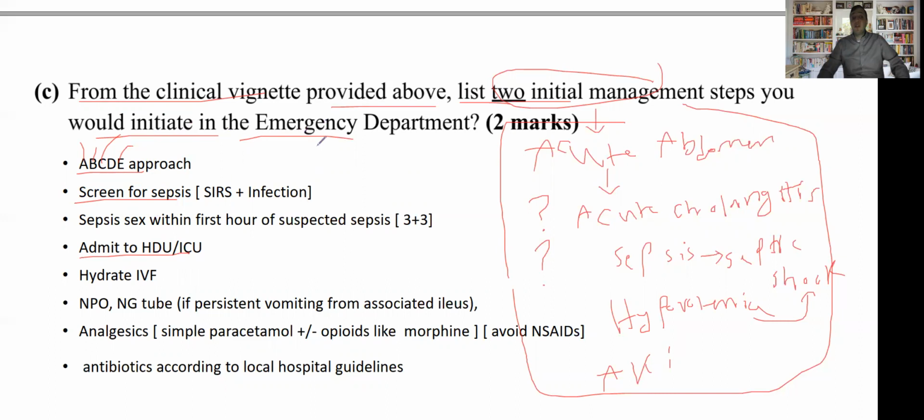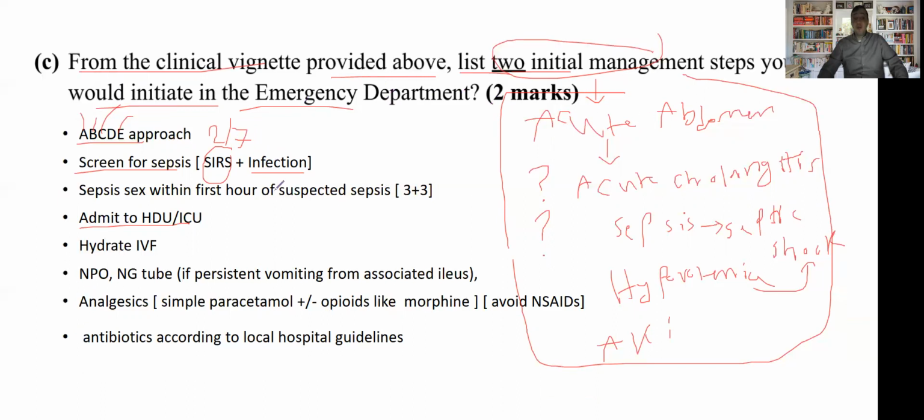Screening for sepsis here is very important. We have a sepsis form. So if the patient has SIRS, which is 2 out of 4 from the SIRS criteria, plus infection, when the patient has an element of infection here, the patient will have sepsis. So if the patient is screened positive for sepsis, I have to start Sepsis 6 within the first hour of suspected sepsis, which is I'd like to take 3 things, which is the measurement of urine output and serum lactate level monitoring and follow up, and